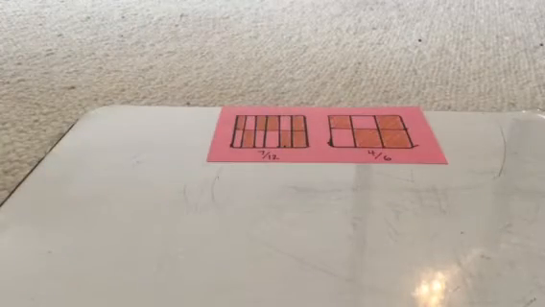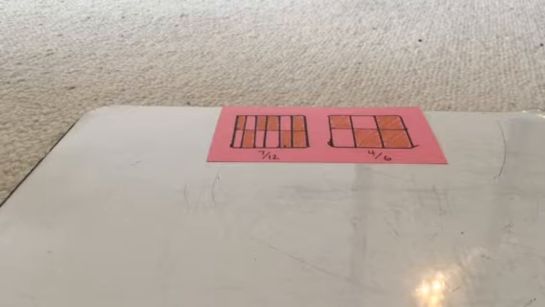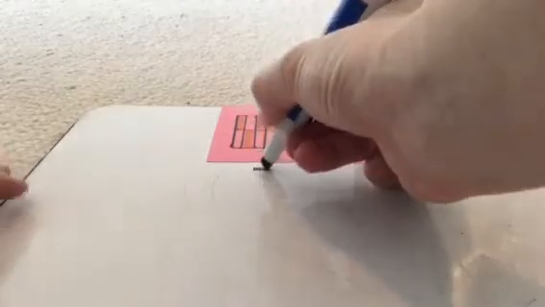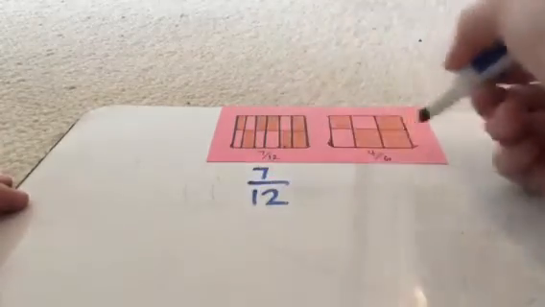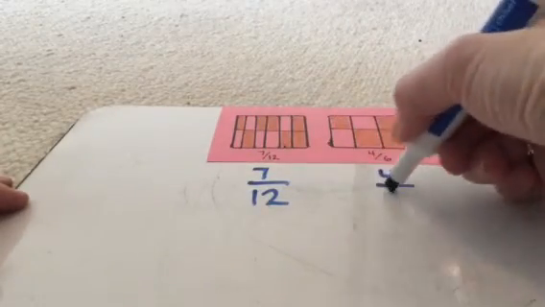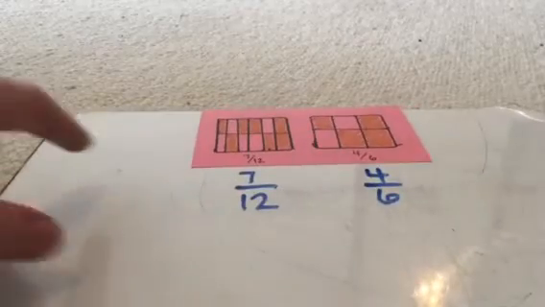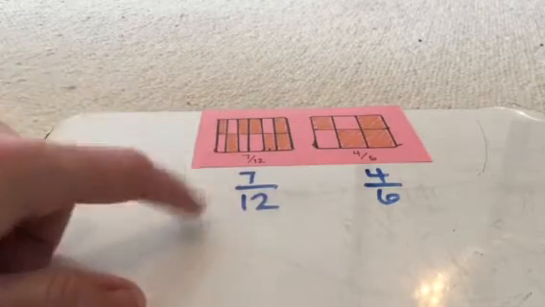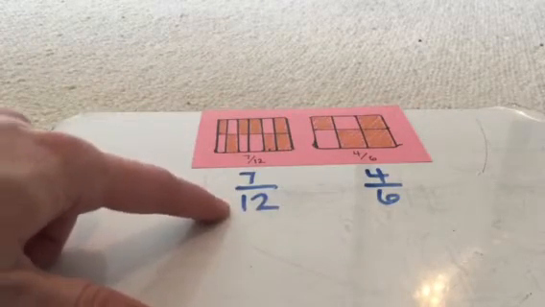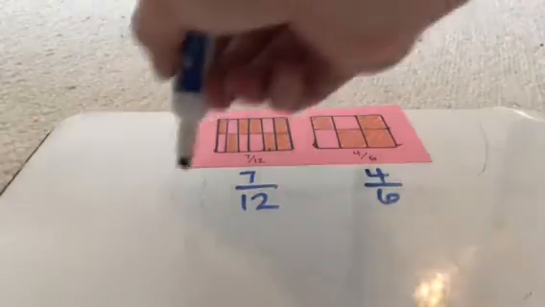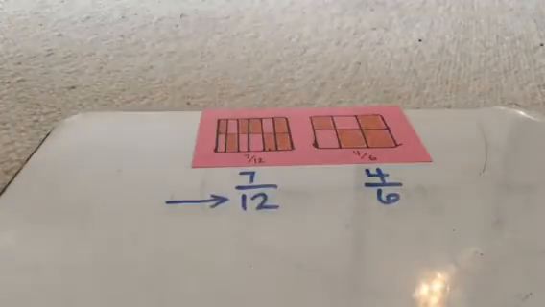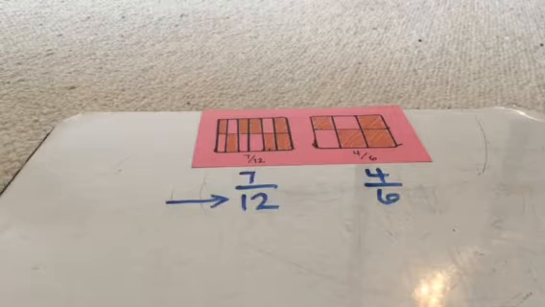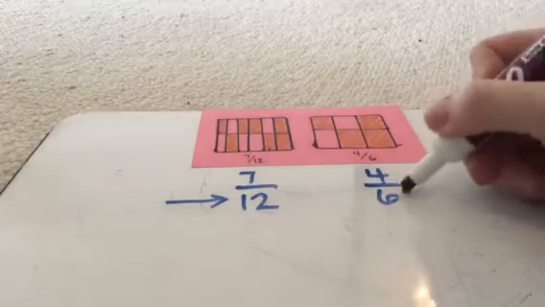Okay, so first we start by labeling the fractions that we see in front of us. So 7/12 and 4/6. Okay, numerators, not the same. Denominators, not the same. Is there a relationship between 12 and 6? And I should be thinking to myself, is there a relationship there? Well, yeah. 6 times 2